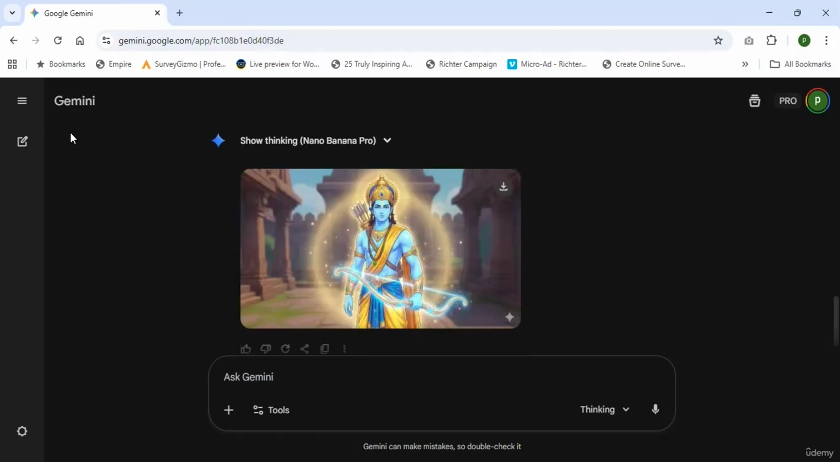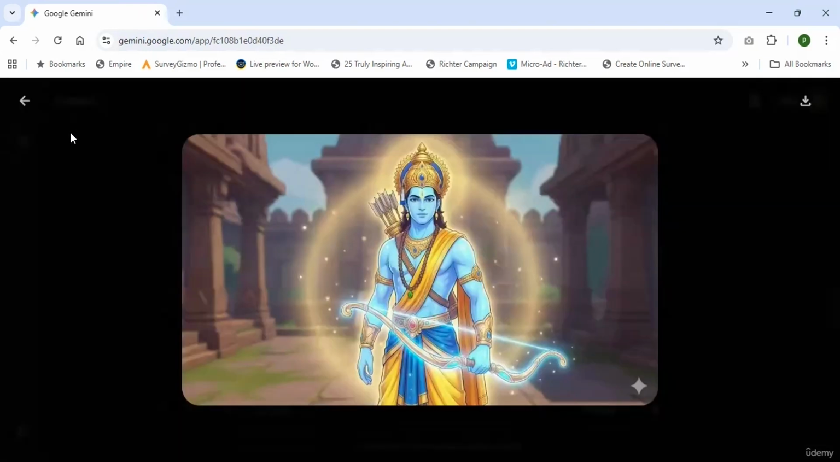So this is the Lord Sri Rama animated character. So it's done this job according to our prompt. If you want to change, you can iterate with multiple prompts and make